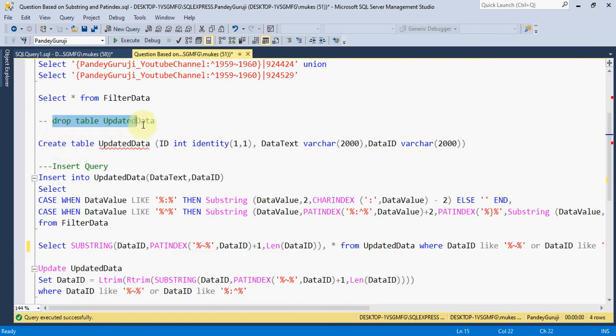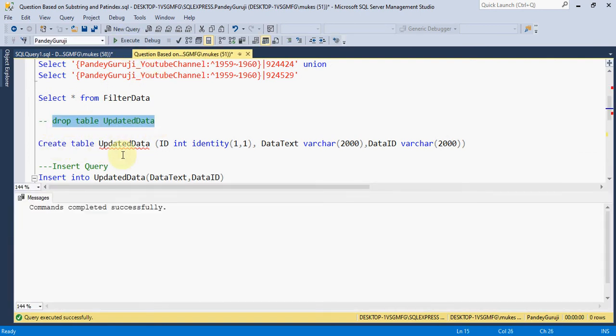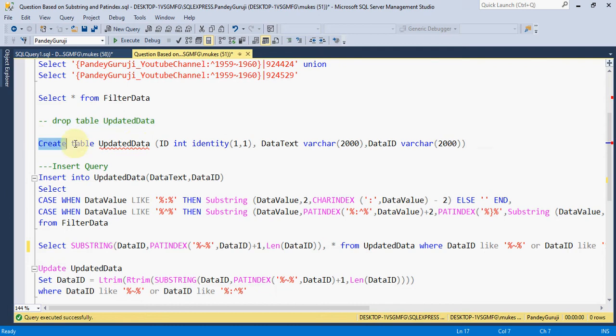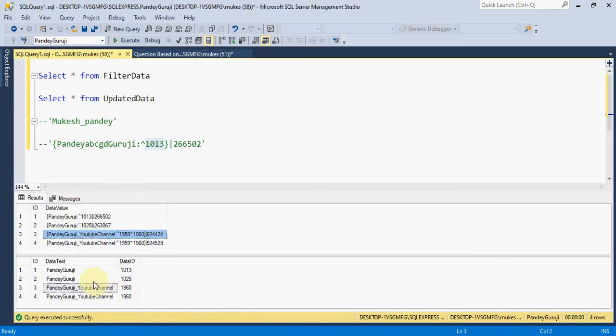First I need to drop this table. The table is dropped, and again I will create this table. Now for the insert, the first requirement is to trim the text before this colon.